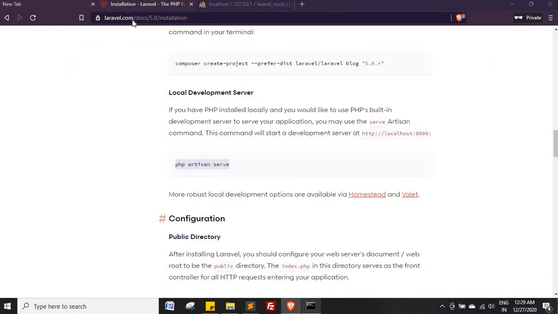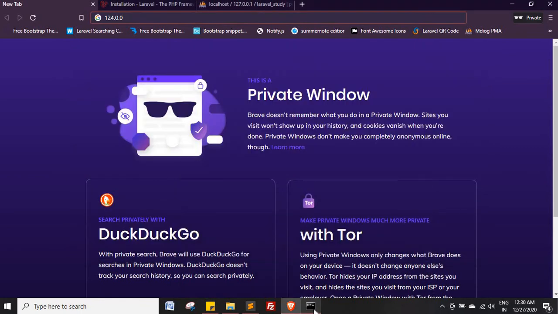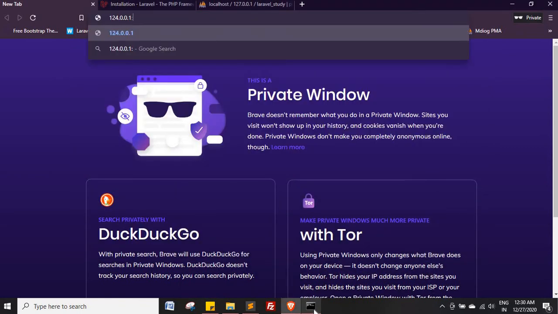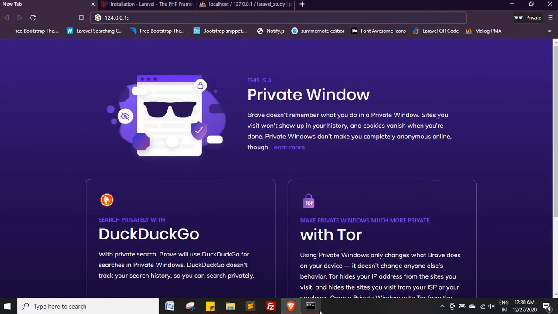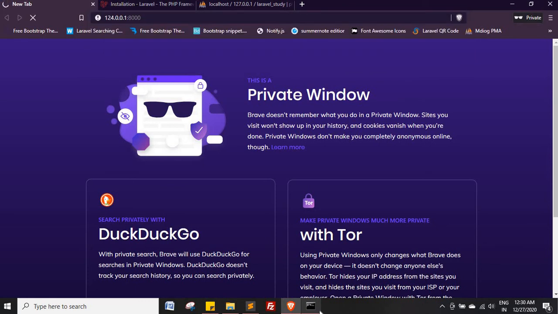So if I go to 127.0.0.1, it was I think double colon, let me check, yeah, single colon, sorry, 8000. If I hit enter, it's loading.